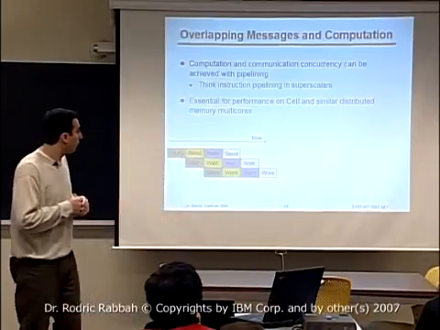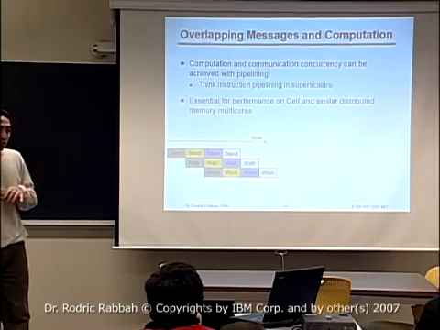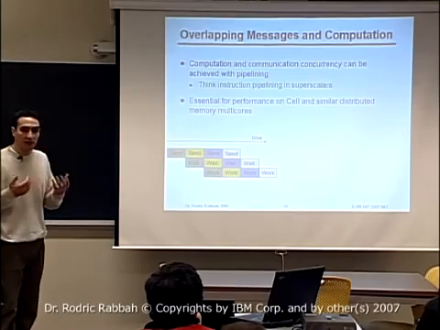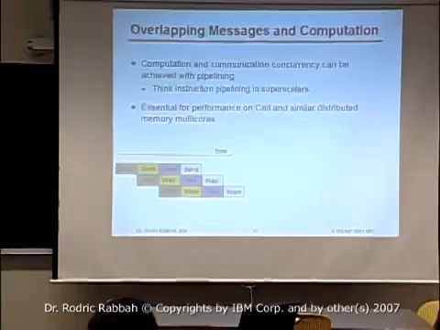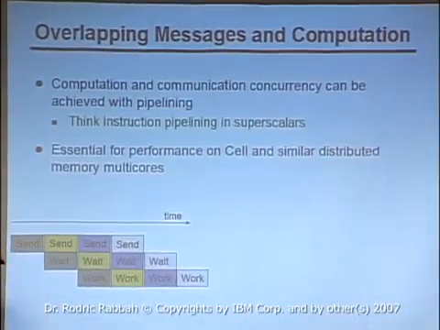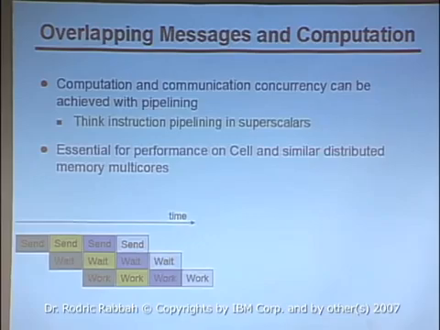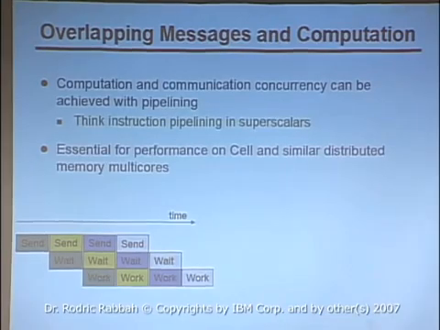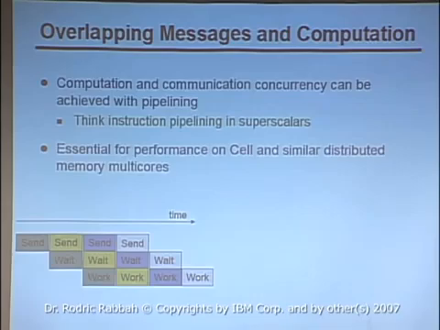Okay, so in order to get that overlap, what you can do is essentially use this concept of pipelining. So you've seen pipelining in superscalar. Someone talked about that. And what you're essentially trying to do is break up the communication and computation into different stages, and then figure out a way to overlap them so that you can essentially hide the latency for the